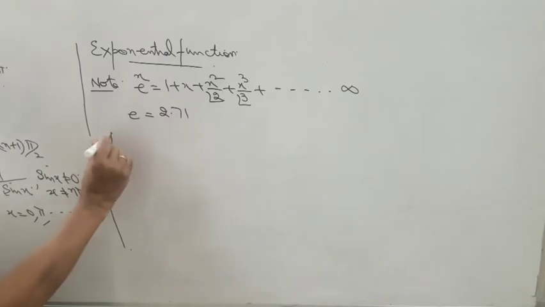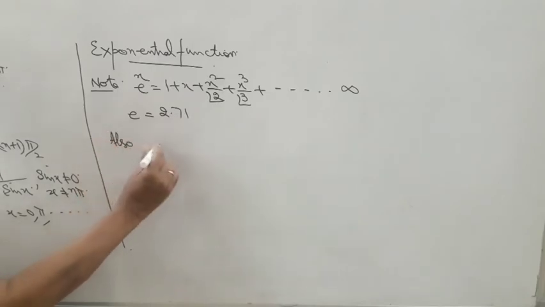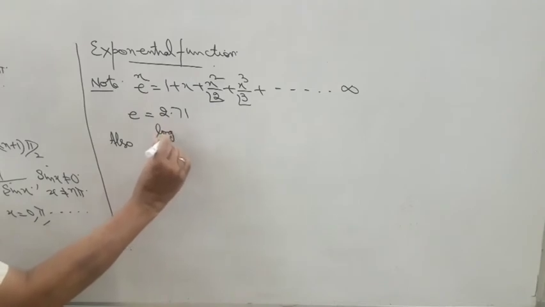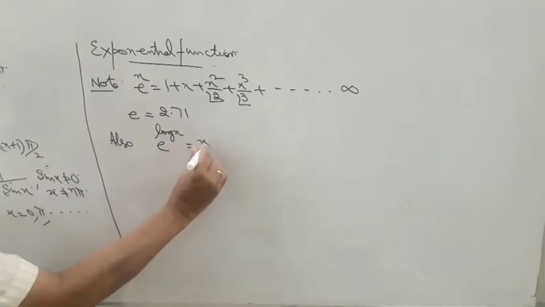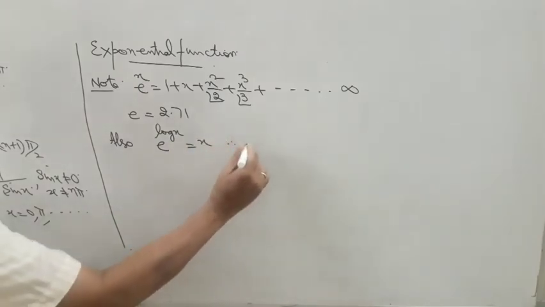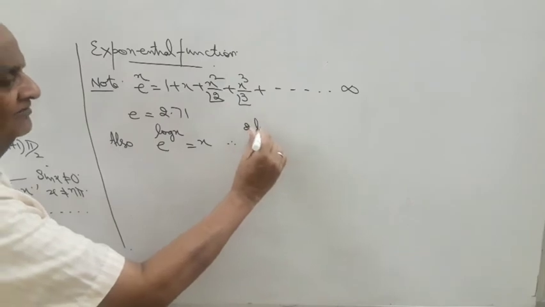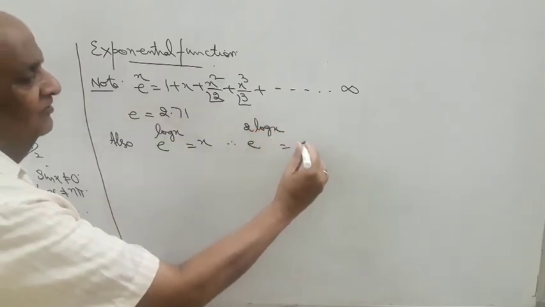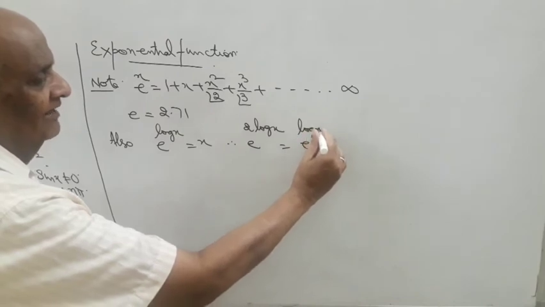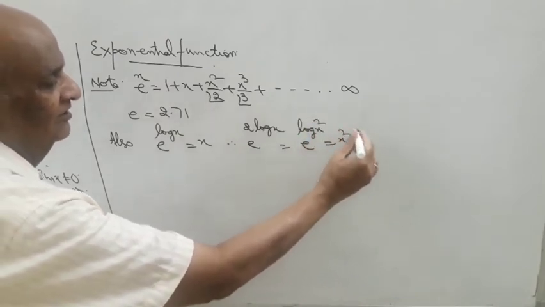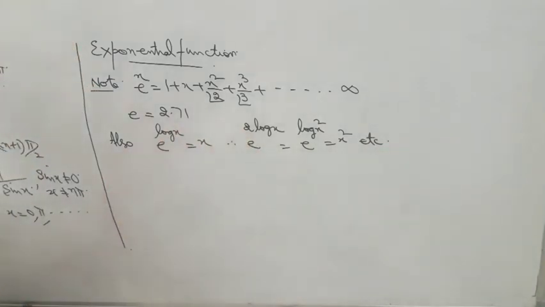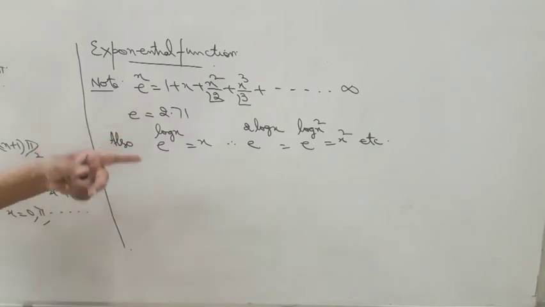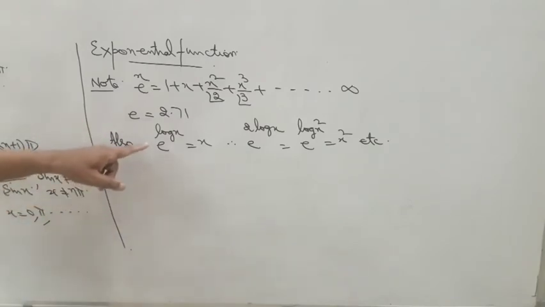And again, also note down that when you come across e the power log x in the questions, that is nothing but just equal to x. So therefore, if you have e the power 2 log x, this will be equal to e the power log x square, that is just equal to x square, etc. This we shall be using when we study in detail the integral calculus, e the power log x, or in the differential equations. There you will apply the property e the power log x is equal to x.